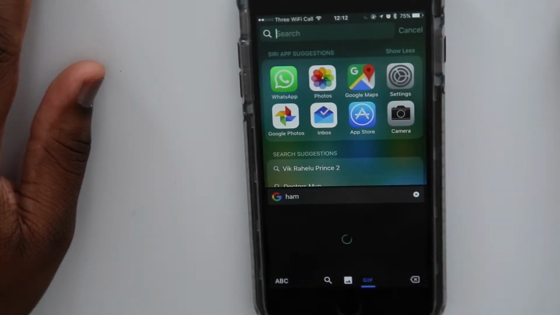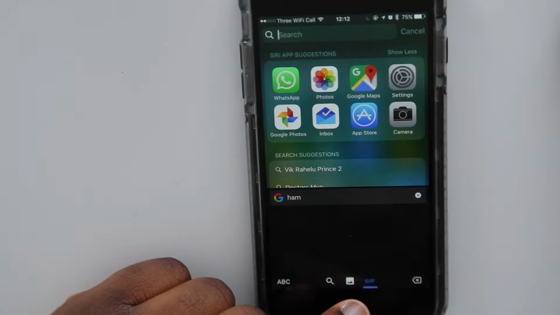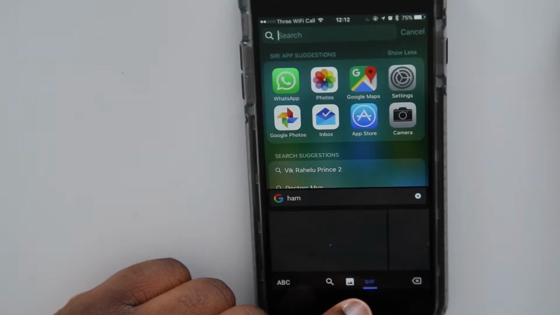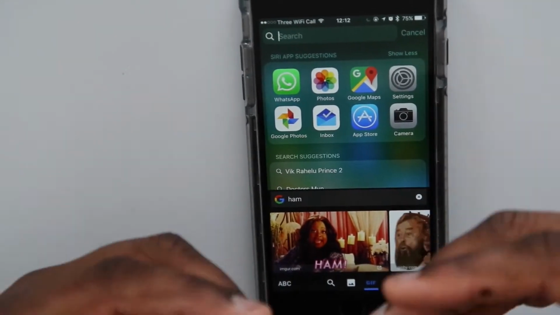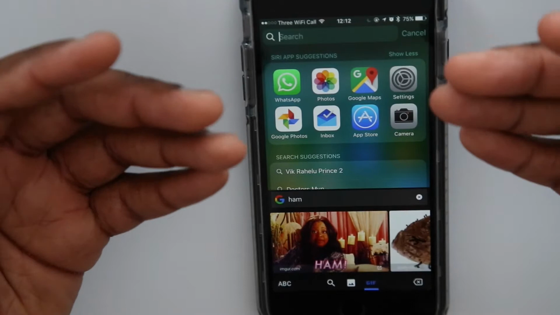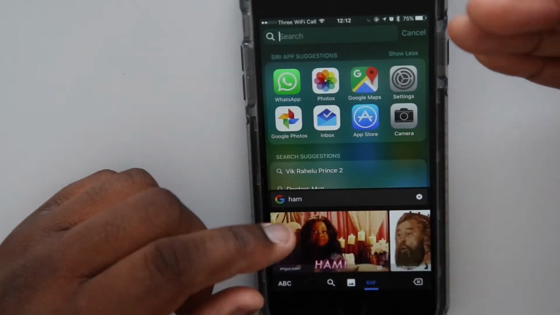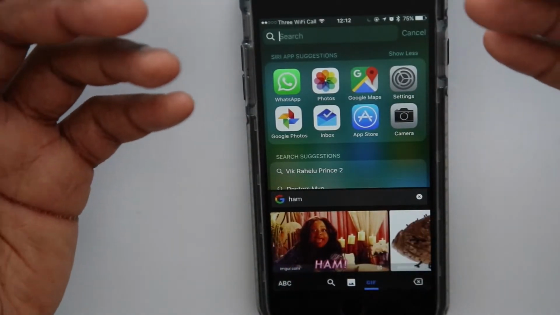And then you can also get GIFs. Notice I haven't had to type out the word ham again. I know it's really random, but that's already been typed. All I'm doing is clicking on either the search functionality, the images, or the GIF, and it's able to give me a GIF based on the text that I've typed. And you can just click on the GIF straight there,